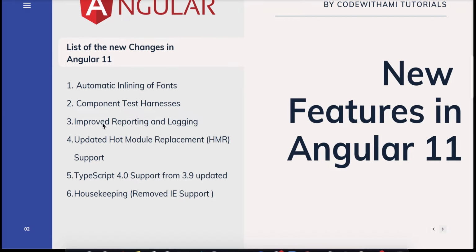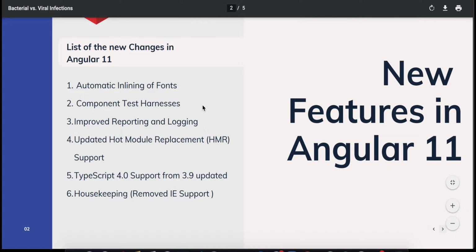The second thing is the component test harness. It was previously available in Angular 9. It provides a robust and legible API surface to help with testing Angular Material components. But it was available for Angular Material only. From Angular 11 onwards, this test harness will be available for all the components in the application.